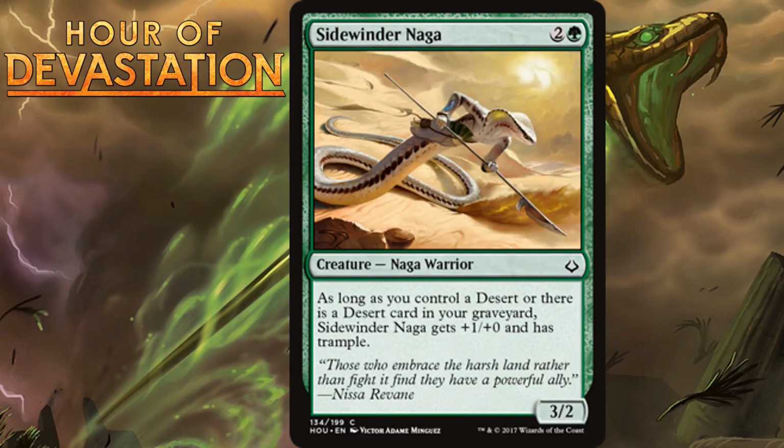Next, we have Sidewinder Naga, who for 2 generic and 1 green is a 3/2 Naga Warrior that says, as long as you control a Desert, or there's a Desert in your graveyard, Sidewinder Naga gets +1/+0 and has Trample. So it becomes a 4/2 with Trample when you have a Desert somewhere. This card with Desert synergy is less build-around-y than some of them are. This is because it presents okay stats as a 3-mana 3/2, pushing it all the way into the D+ range